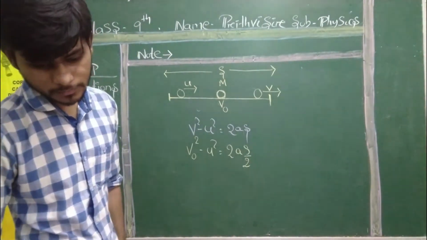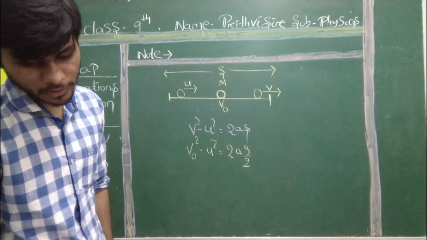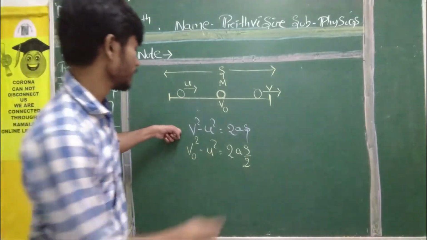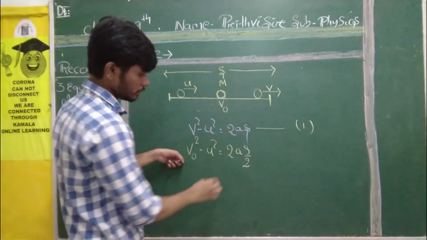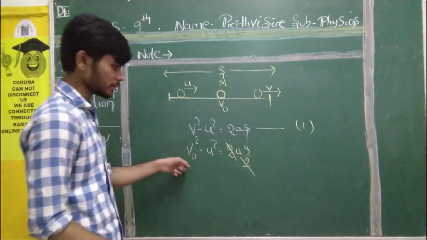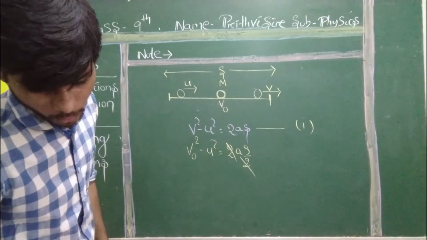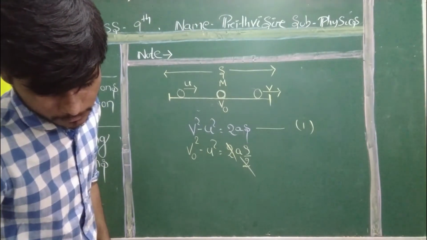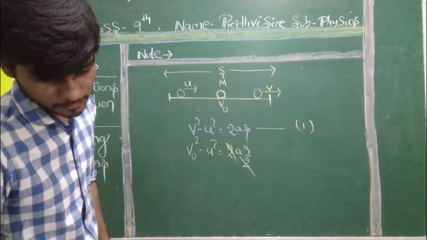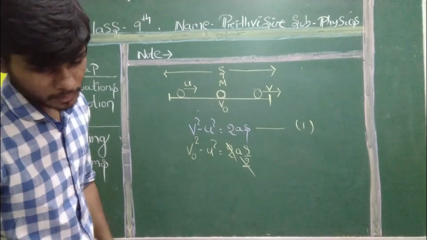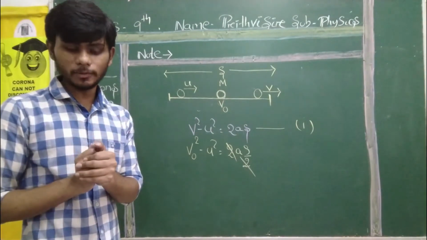Now, as you all can see, from this equation 1 we get that. This is what is given. So I can cancel these two things, 2 and 2 I can cancel. Yes, I'll cancel both. Now what do I get? Acceleration is equal to v square minus u square. We know the formula, right?